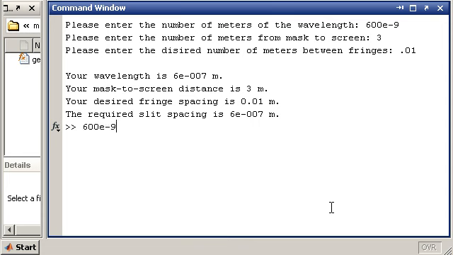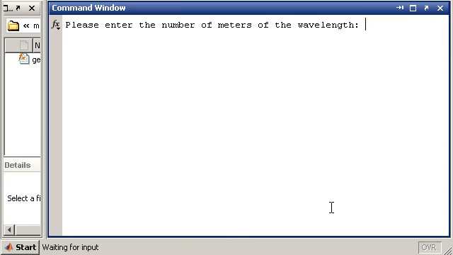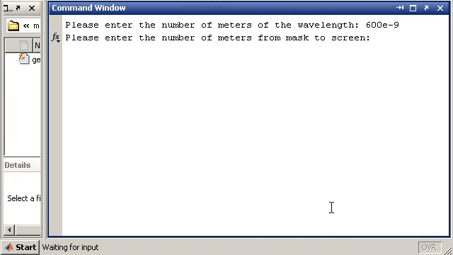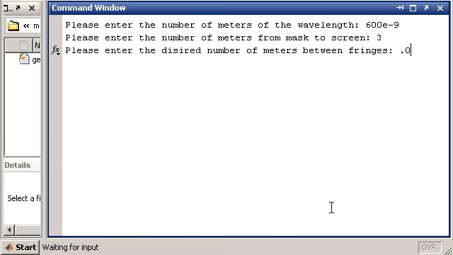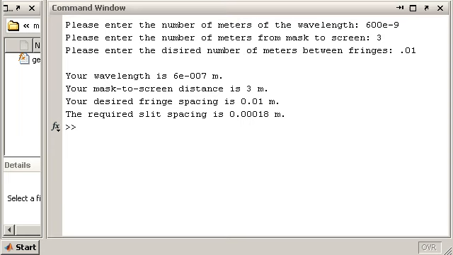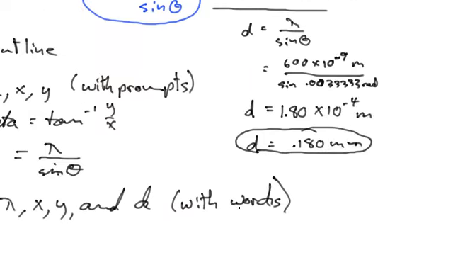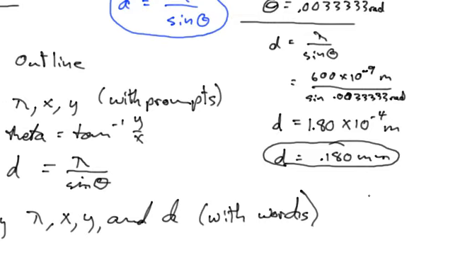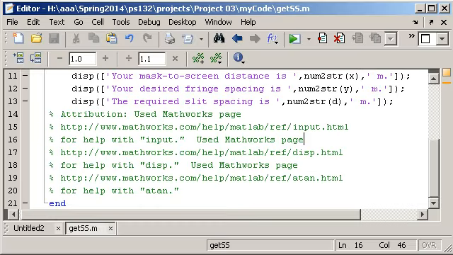Try it again. The thing I don't like about this is every time I try it, I have to enter all those numbers. 600 E minus 9, 3, .01, point triple odd 18 meters. What did I get? That's one, yeah, point triple odd 18 meters is exactly what I got. So